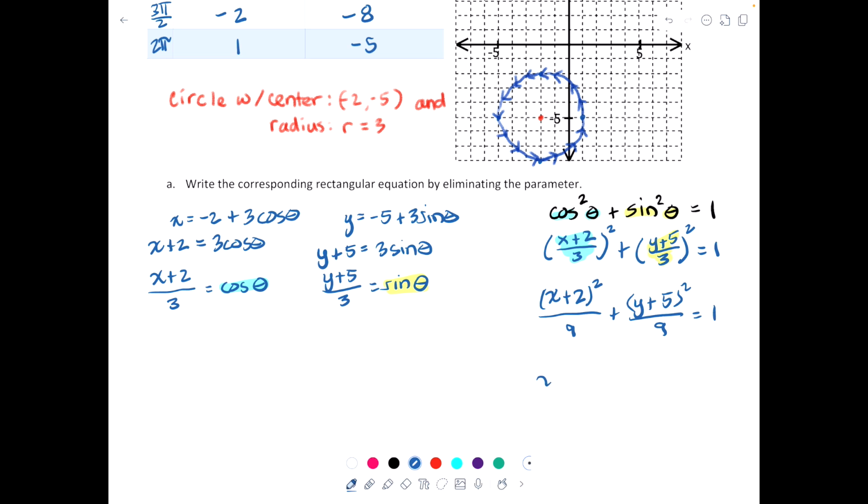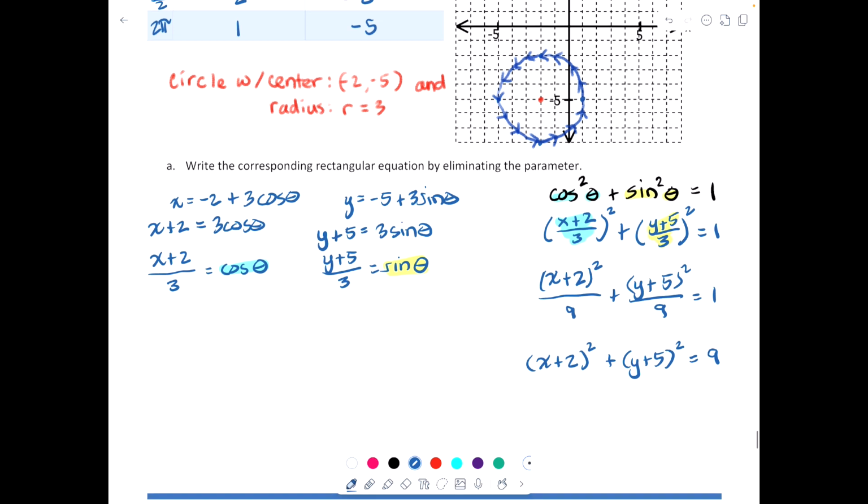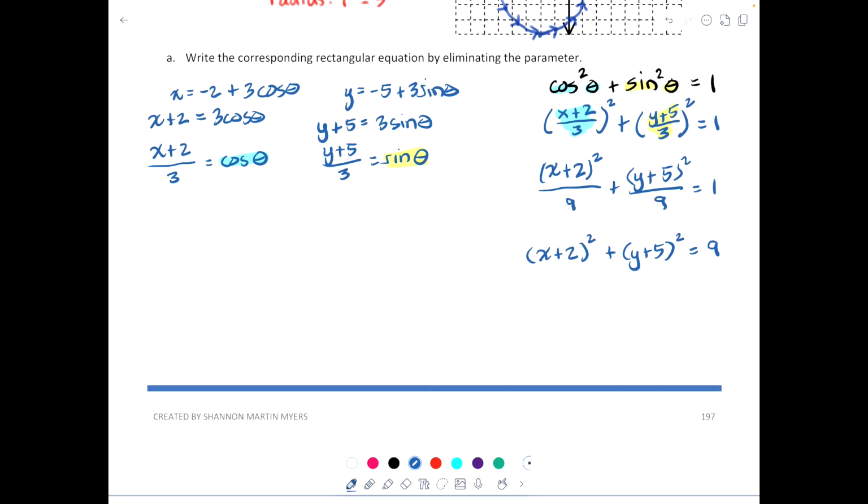But that's going to give us x plus 2, the quantity squared, plus y plus 5, the quantity squared, is equal to 9. And this is our result, and if you write it in the equation that you're used to for a circle, you would have x minus -2